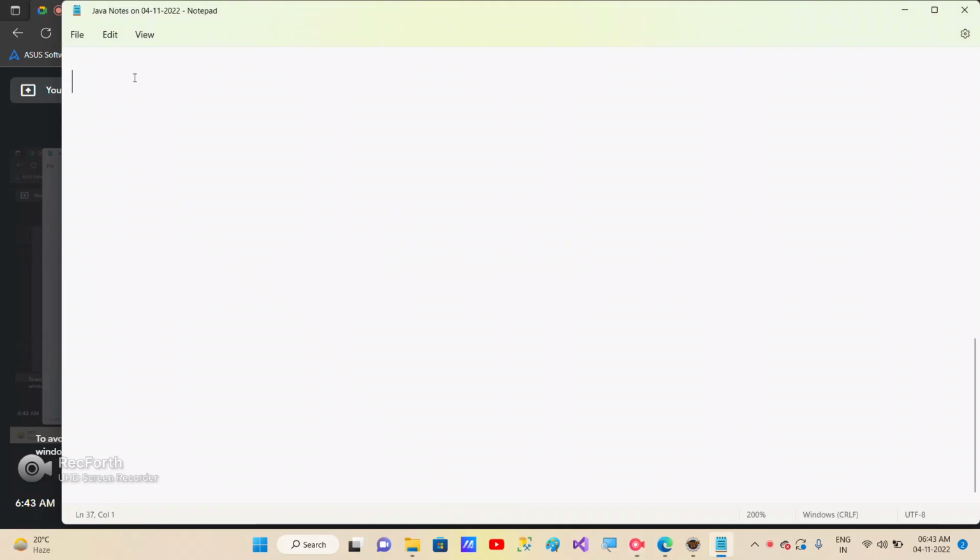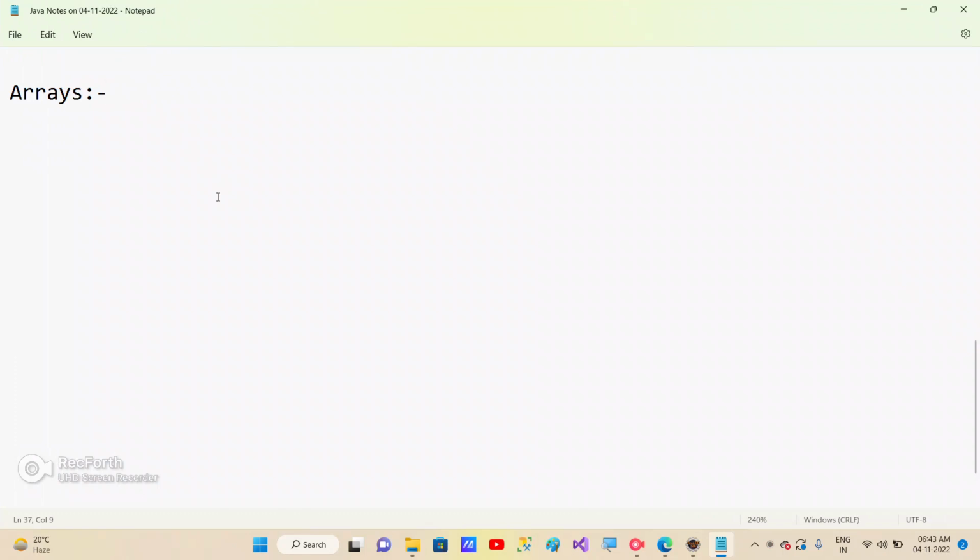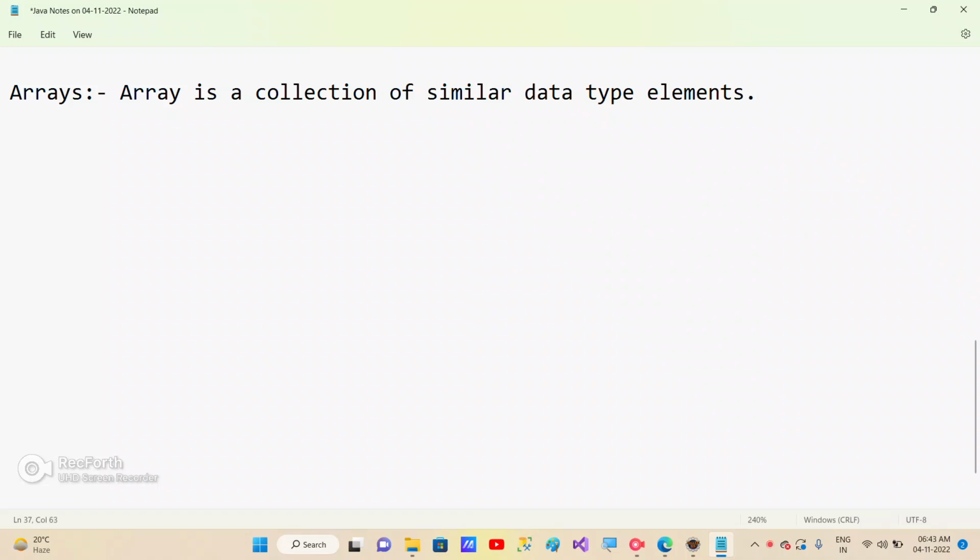Yeah, guys. So let's get started with arrays now. Okay. So now the topic is arrays. So what is an array? An array is a collection of similar data typed elements. Or we can also say